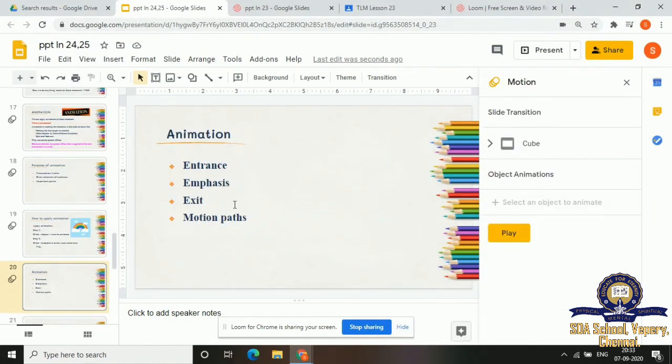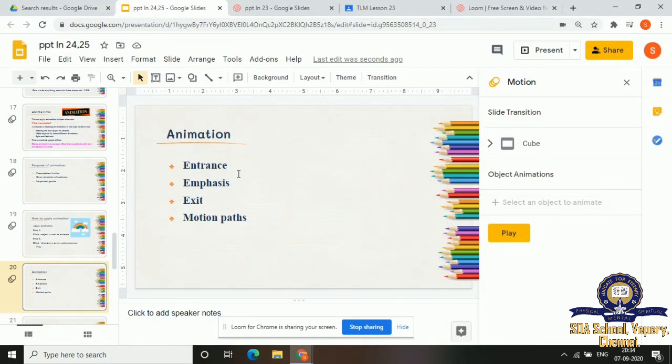So animation, you have four groups of animation here. One is the entrance, emphasis, exit, and motion paths. Entrance one. So in the entrance, you have how to make your object appear. That is the entrance.